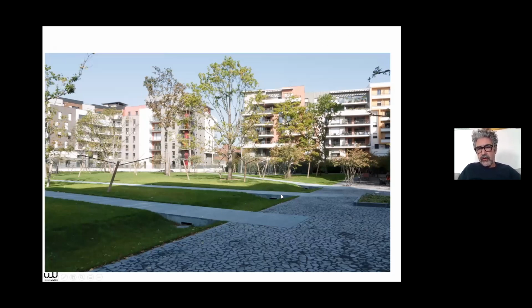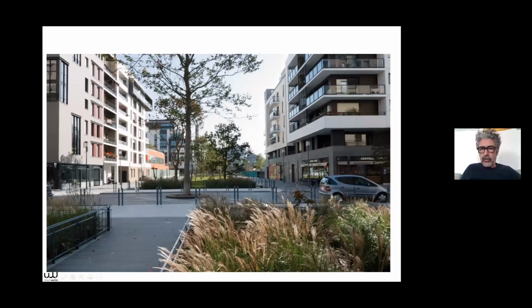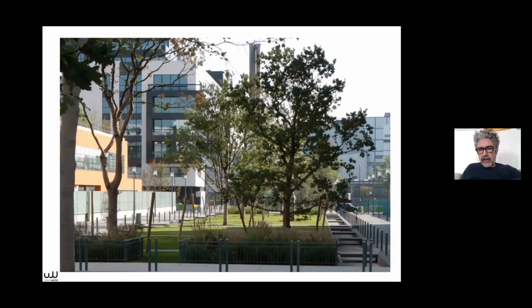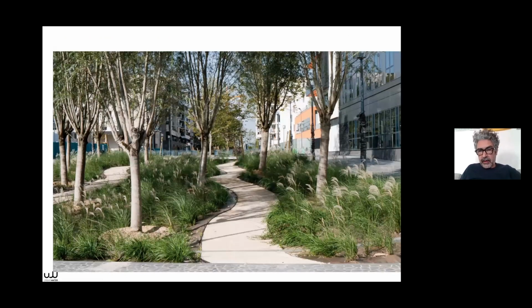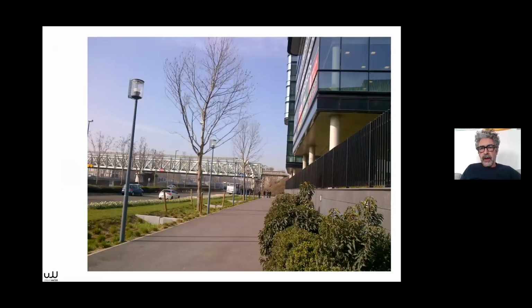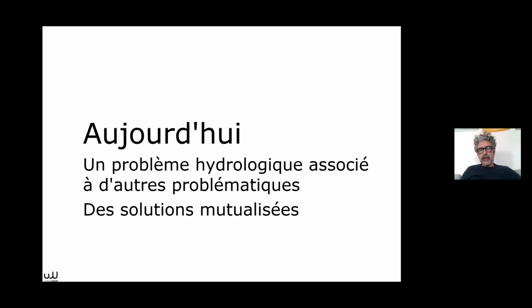So look at this neighborhood. We've got storage on the roofs, we've got storage in the swales, we've got the decontamination area. So this is a floodable park. And this is a last retention basin here. These are swales, and then on the other side, you've got the Seine River. And then you've got some buildings here that are on pillars. So, you know, the water has been taken into account in the urban fabric, but also as part of the architecture. You can't necessarily see this, but when you look at it, you can see that that industrial area, that commercial area, has been completely designed with the water cycle in mind.